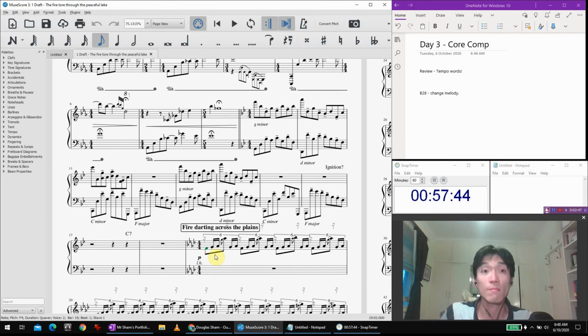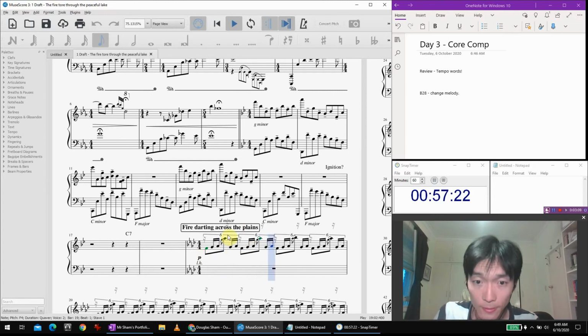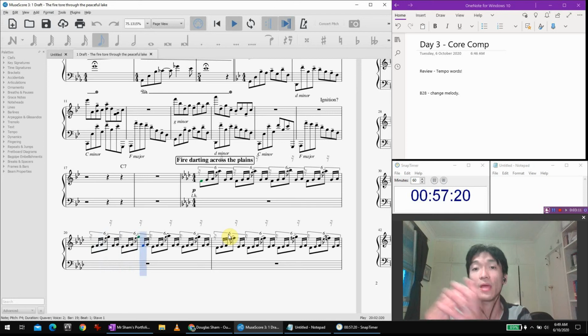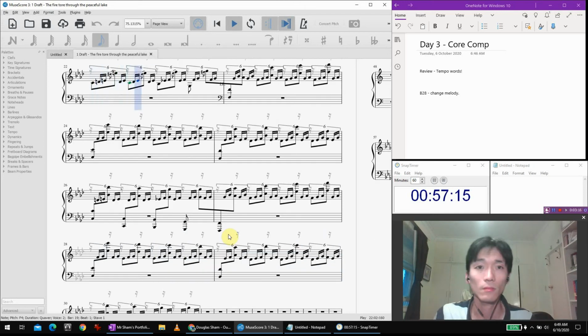I also imagine putting in ideas like trees falling, creating a bit of chaos. I'm imagining some lower cluster chords perhaps, as well as movements in different directions instead of just what's happening right now, which is quite regular. So I want to develop this and make it more chaotic. This is still pretty orderly. I like this section though.